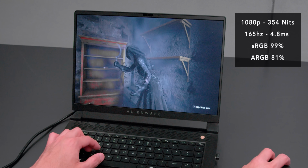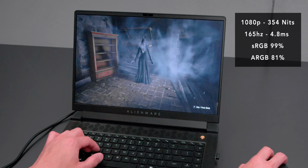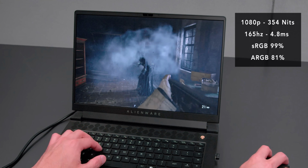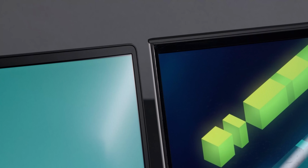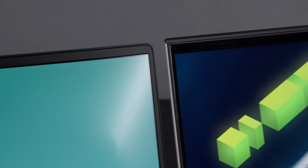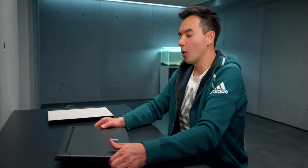Okay, the screen. So this is a better screen than what was offered in the R4. It's brighter, it's faster, it's got a better gaming and viewing experience, and they got rid of the plastic bezel, like the shiny trim that they used to have. I was never a fan of it, and it's now just a simple matte black. But the screen is better, but the overall product, if I had to give this an overall thought,